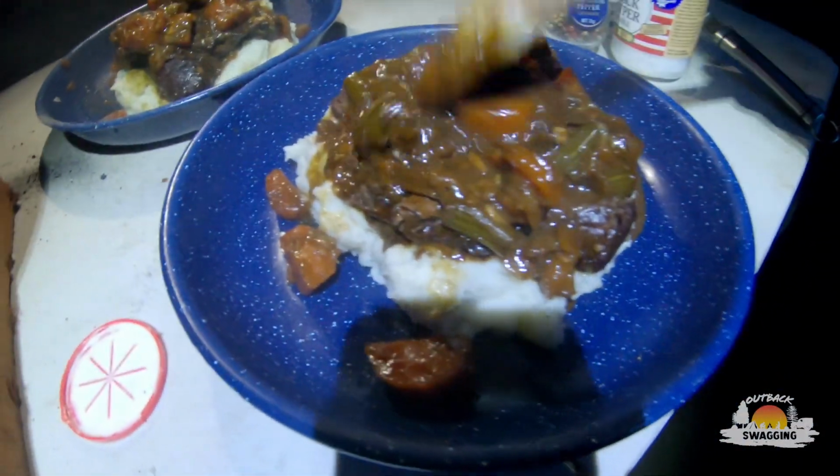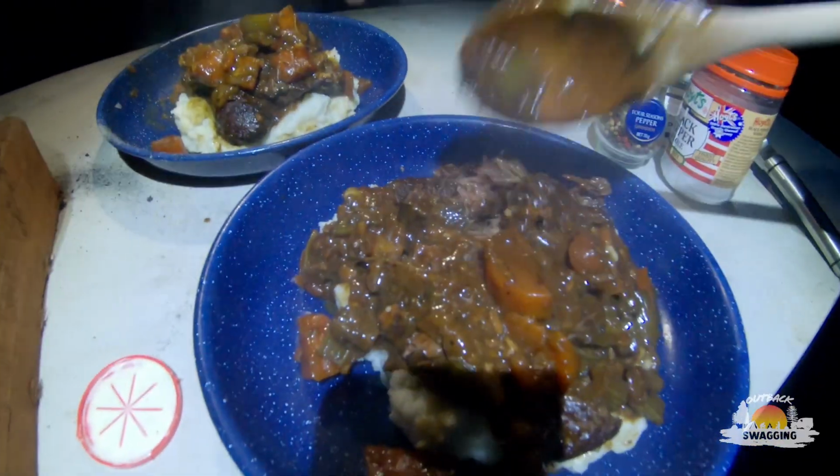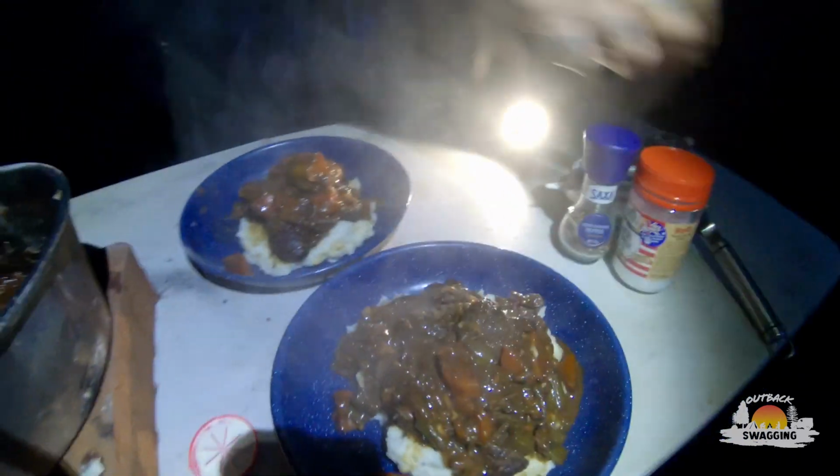Oh, yeah. Like I said, you can just, falling apart. Just how you want them. That's had 4 hours on the fire, which is pretty good actually. I'd love to do that for a little bit longer, but hey, eat when you can, drink when you can, you get what you can. So this is what we got